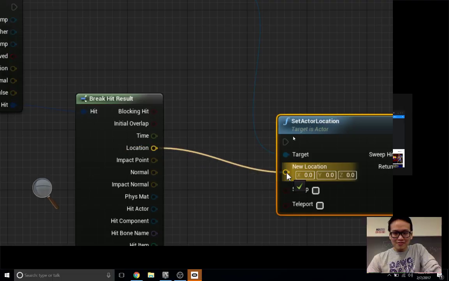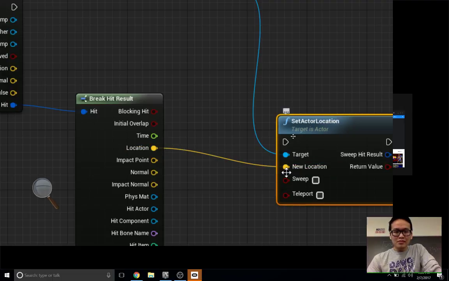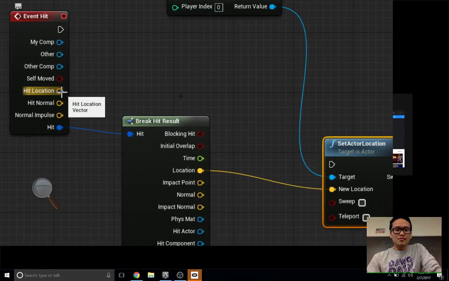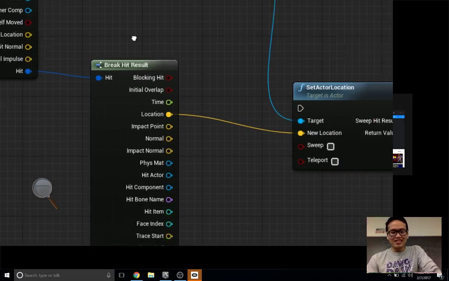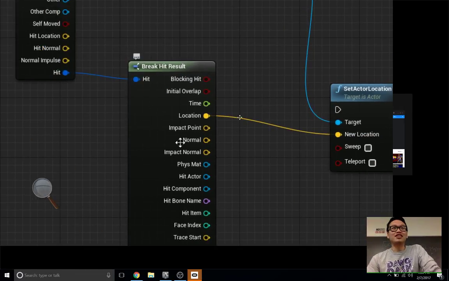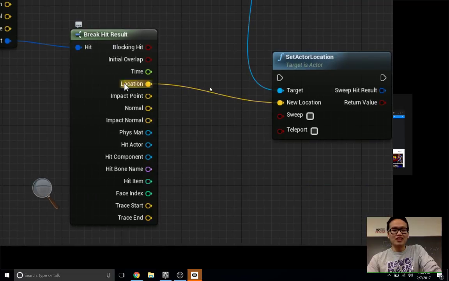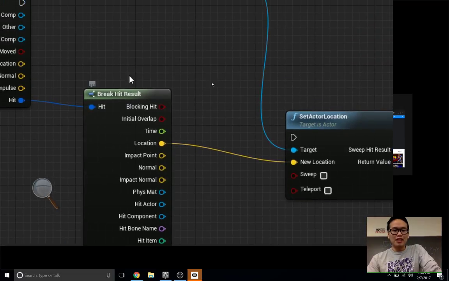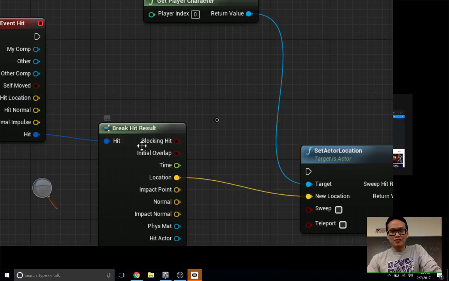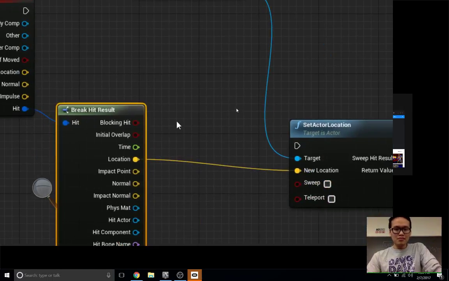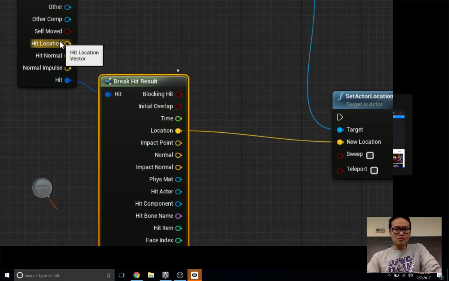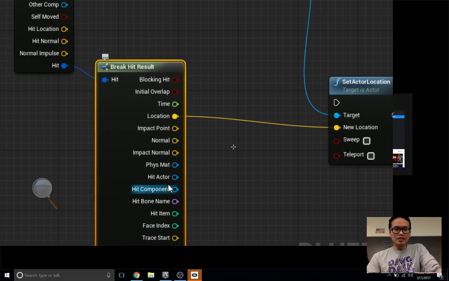Aha! So why don't you just go straight from hit location? Because hit is a structure. Well, you could. It's actually the same thing. Honestly, I just want to show you guys what the entire struct looks like. But in theory, you can just go from hit location over. The idea behind condensing hit into a struct is that those are the six most commonly used things, and if you need full power, you can go to it. Yeah, this is the full power.